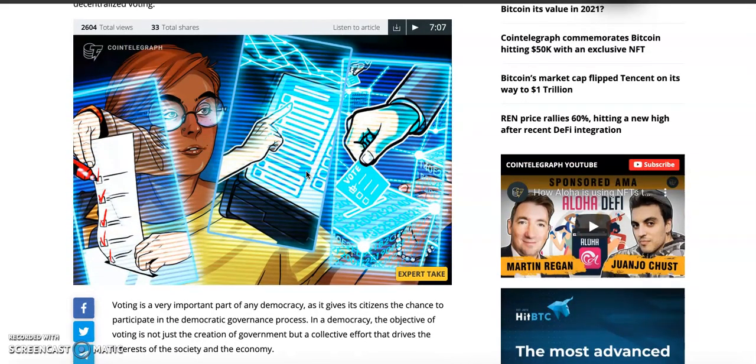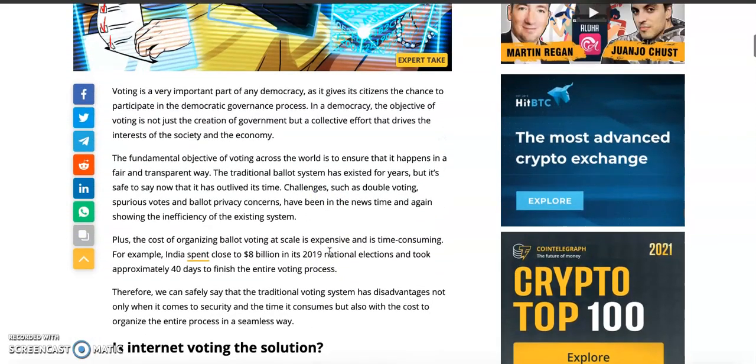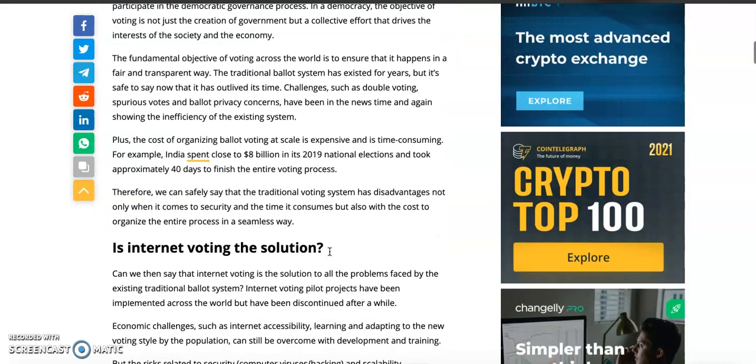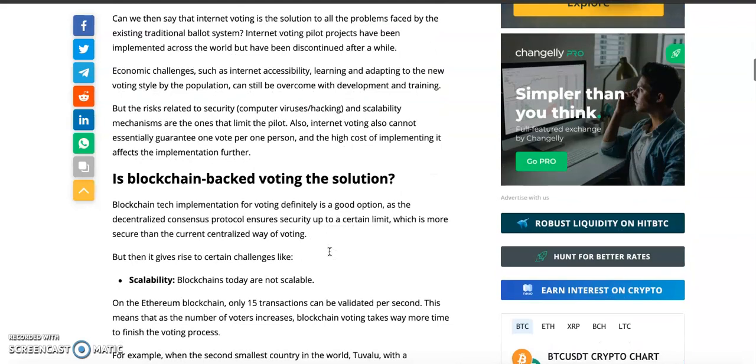If I send you a transaction on the blockchain, anyone in any part of the world can actually verify the transaction, and that transaction cannot be 51% attacked, right? So just in case you don't know what a 51% attack is, it's just a way of manipulating the data on a blockchain, right? That's the easiest way I can put it, right? So this article actually stated several things, and